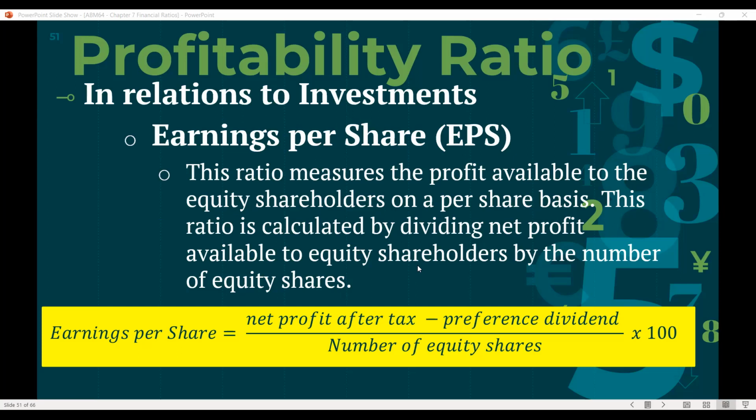Let's say for example, they have many shares in the business, how many shares for the whole, let's say two or three, or probably million. So the number of equity shares that they have. You just need to divide your net profit less the tax and dividend in order for you to have your earnings per share.